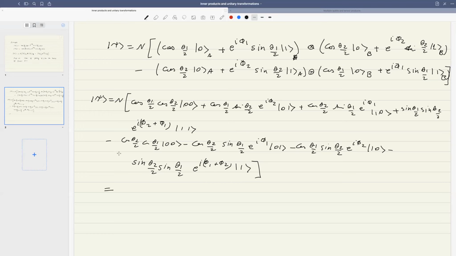So you see that for the state 0, 0, the coefficients cancel out. They're symmetric in theta 1 and theta 2. Similarly, for the state 1, 1, the coefficients cancel out. So we're left with,